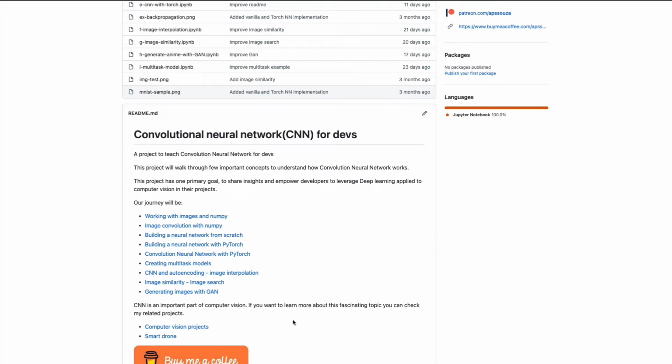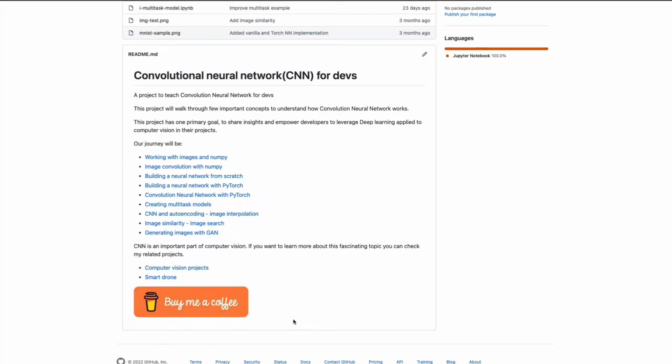Everyone. I'm here to present you a new open source project that I'm working on. It's an open source project and a course that I'm developing to teach convolutional neural networks for developers. This project will be walking through a few important concepts to understand how CNNs work. We are going to be playing a lot with deep learning, but we'll be focused on images and